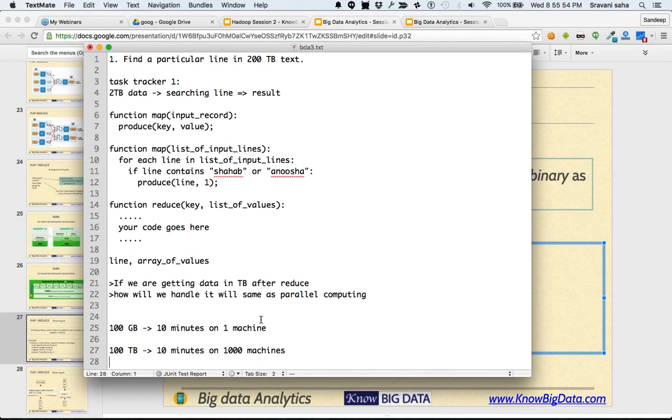So you can see that as we have grown the data, by growing the machines we were able to achieve the same time. Otherwise, it could have taken years, or it could not have been possible at all. Those were the magical things that happen as part of MapReduce.